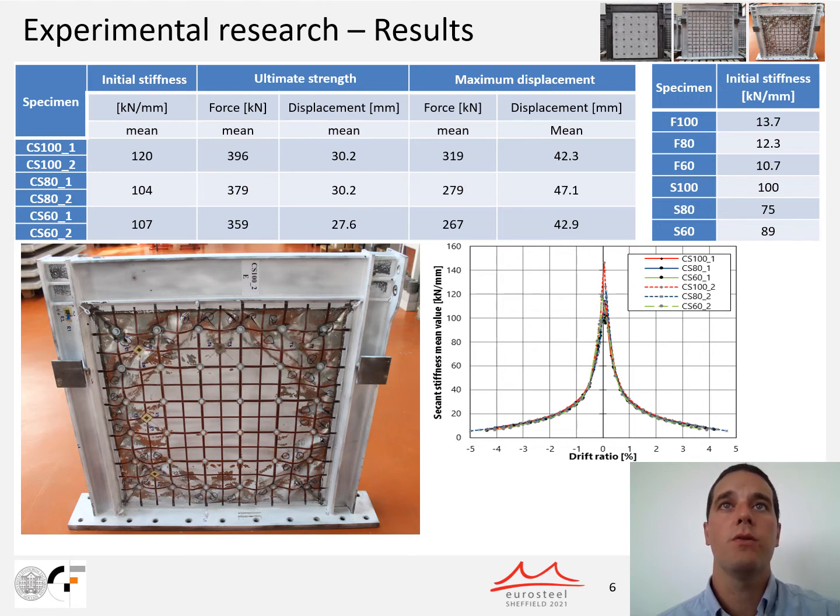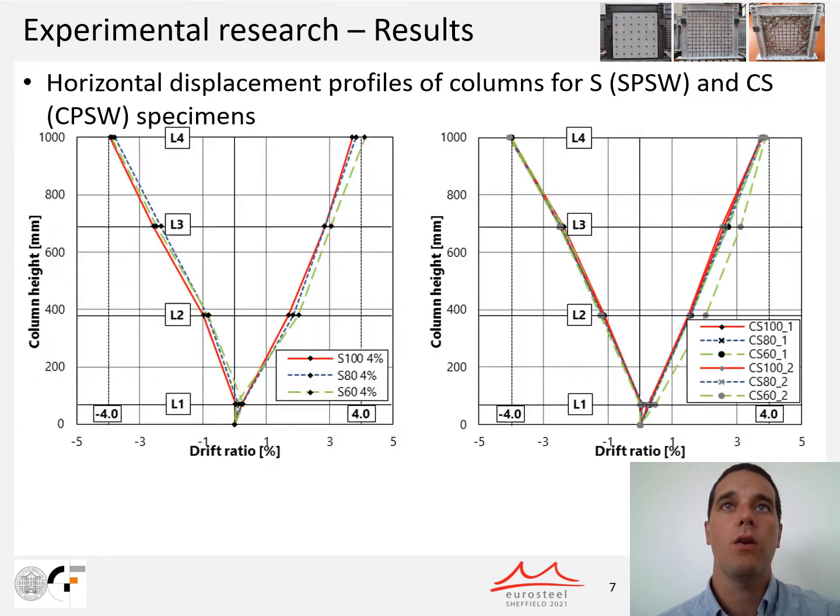Firstly, inability to dissipate energy through damaging of the reinforced concrete panel resulted in pinched hysteretic curves, which is more common for steel plate shear walls. Secondly, due to excessive widening of the bolt hole within the steel infill plate, an additional hazard can occur due to the reinforced concrete panel falling out of plane. All specimens have shown stable reduction of the secant stiffness up to a 4% story drift ratio, indicating that regardless of column flexural stiffness reduction, there were no negative effects on the overall specimen behavior under cyclic loading.